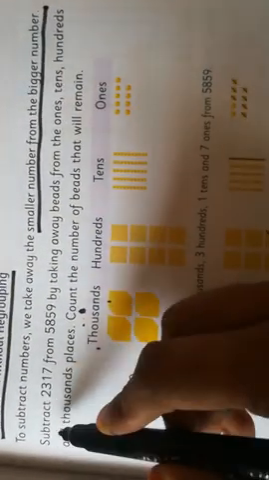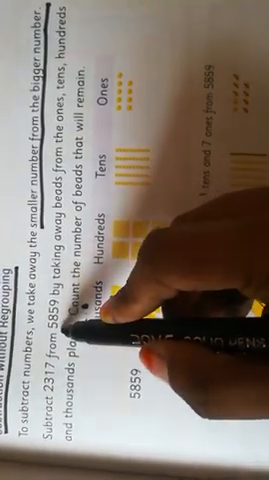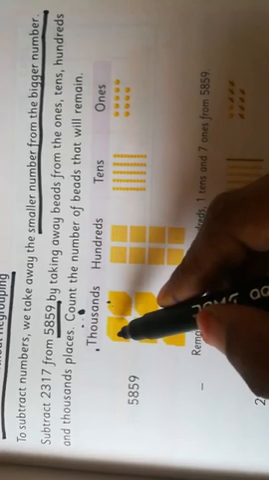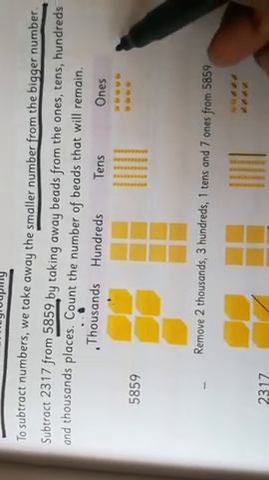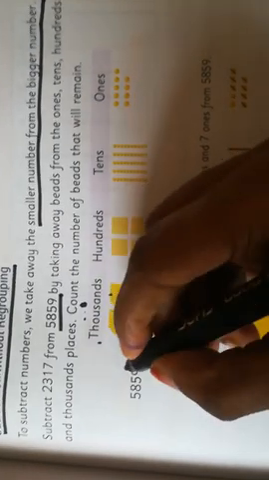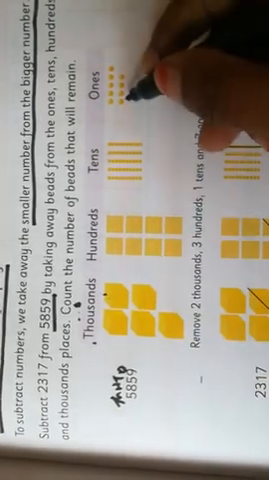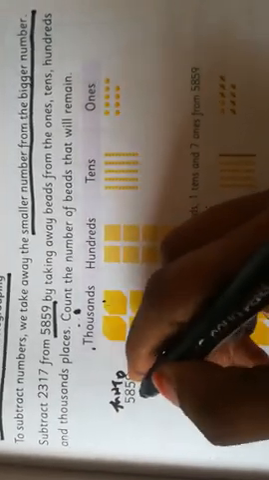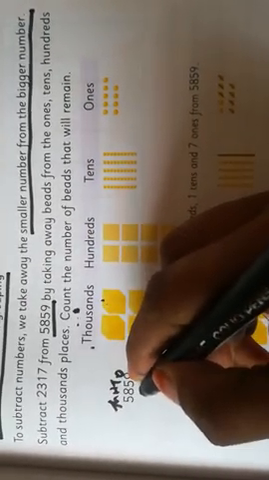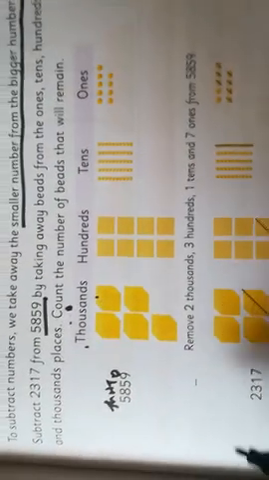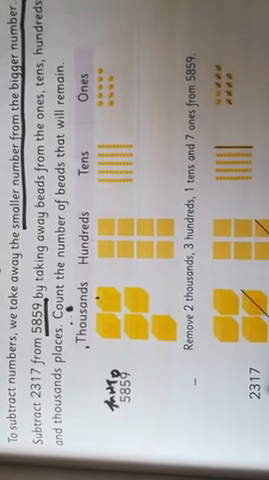For example, they gave 2 numbers. Here 5,859 is the bigger number, so we write the first number 5,859 as beads: thousands beads, hundreds beads, tens beads, ones beads. For 5,859, we write the place values ones, tens, hundreds, thousands. In the ones place there are 9 beads, in the tens place there are 5 strings of tens, in the hundreds place there are 8 batches of hundreds, then in the thousands place 5. For that we have to subtract a number